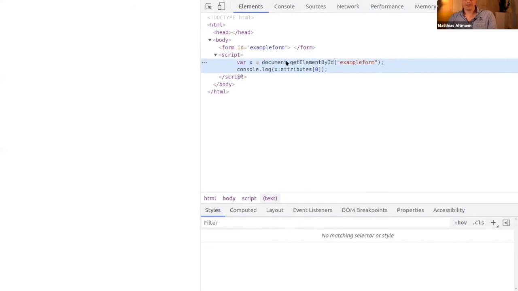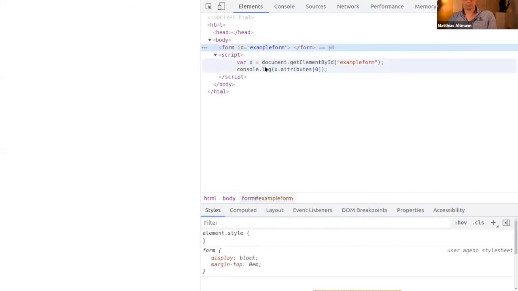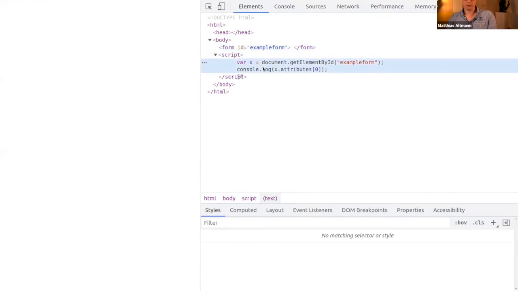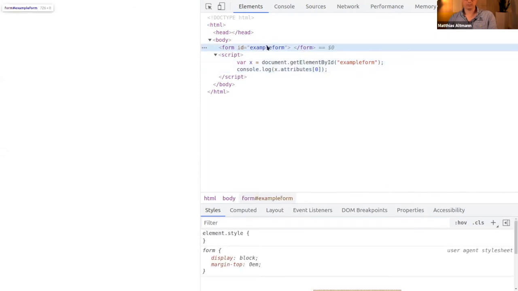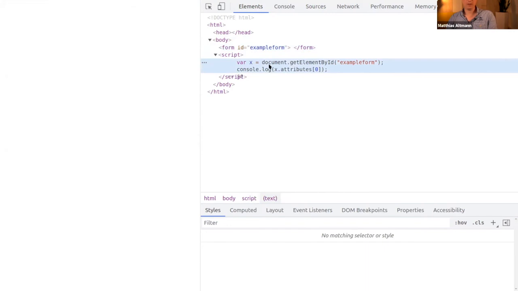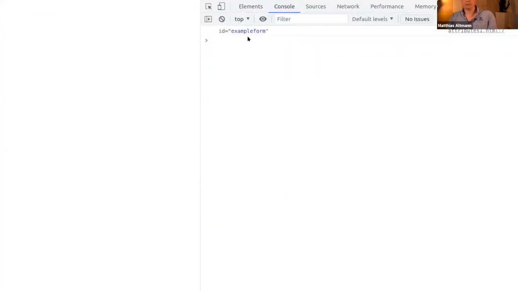The variable fetches the ID example form here, which is logged out. What you can see here is that this form is fetched, and all the attributes which are here are printed out. In this instance, this is ID equals example form. So if you go to the console, you will see this here.